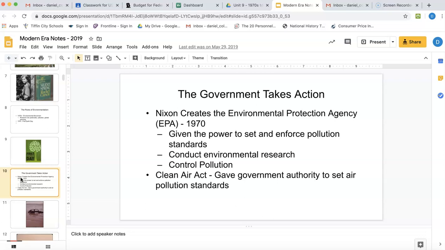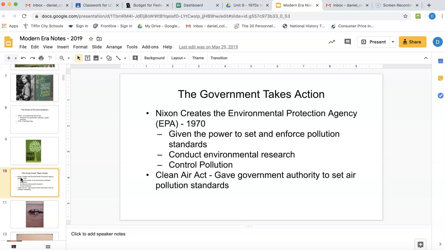They are basically the police of the environment. They go and they do research. They go and they set standards. They inspect companies that they suspect are dumping chemicals or dumping waste into the air or into the water. And they basically have the power to bring about fines and take these companies to court who are polluting and